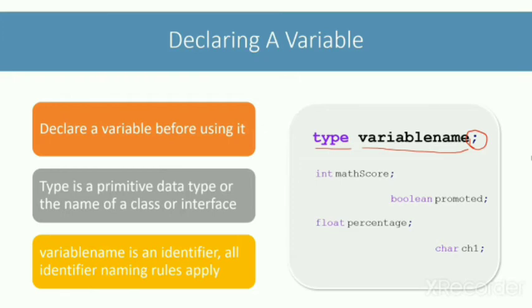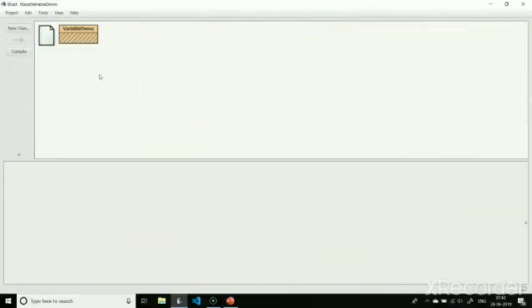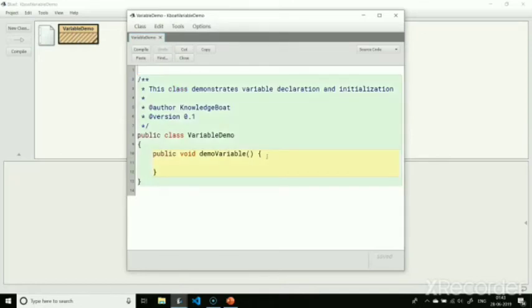I will switch to BlueJ to try out a few examples of variable declaration. I will open the VariableDemo class. Inside this, I have already created an empty method demoVariable. Let me declare a couple of variables here.